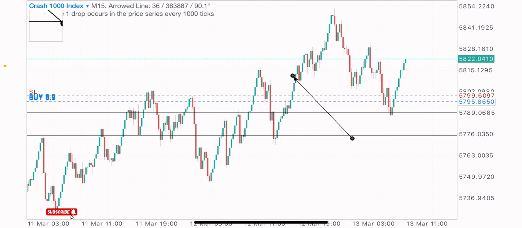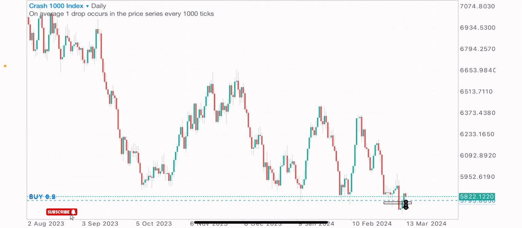So in today's video, I'll be walking you through my market analysis on this index, where I looked out for buy opportunities at this point, and my entry reasons at this zone, why I got into the trade at this point. So coming to the daily time frame, because you know that whenever I want to analyze